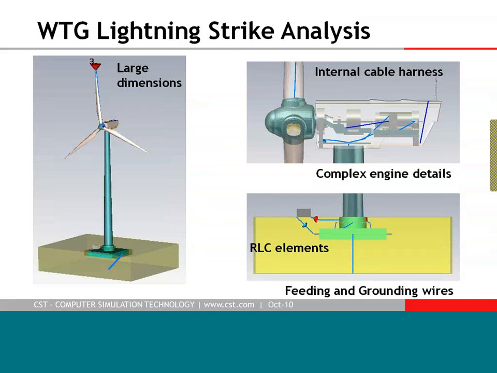On a wind turbine generator, the lightning strike is hitting a large dimension structure, in this example above or even more than 100 meters. And if we zoom in on the engine part, we might have complex details of the engines, and we have some internal cables and so on. But if we zoom, for example, on the soil, where the tower is grounded, we have other elements like some RLC elements that need to be